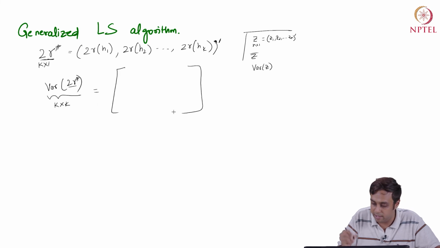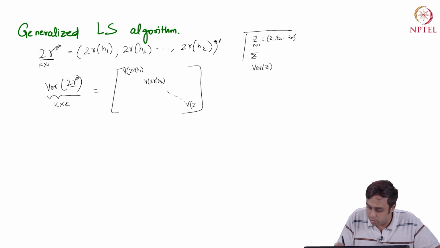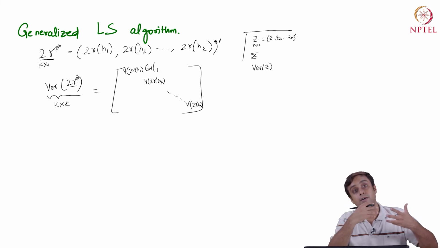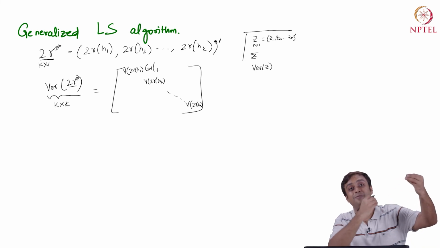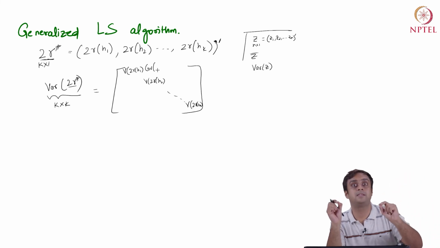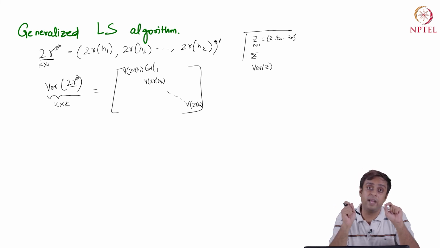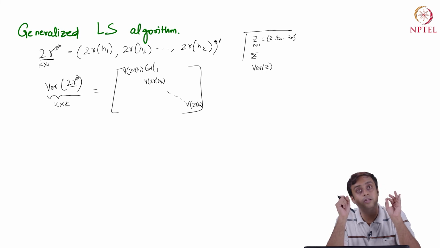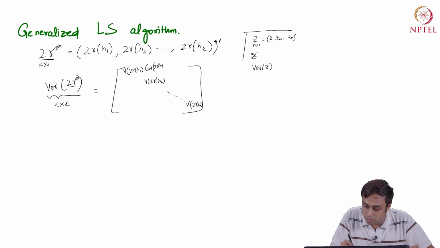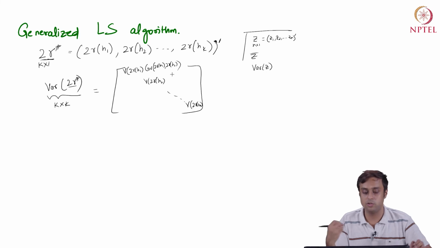So, I am really looking at the variance of 2 gamma h1, the variance of 2 gamma h2, up to the variance of 2 gamma hk, but then also the covariance between the experimental plot at location 1 and location 2. So, not only will the data exhibit spatial dependence, but in some way even the variogram will exhibit that, because you will have covariance with lag h1 and covariance with lag h2 and so on and so forth.